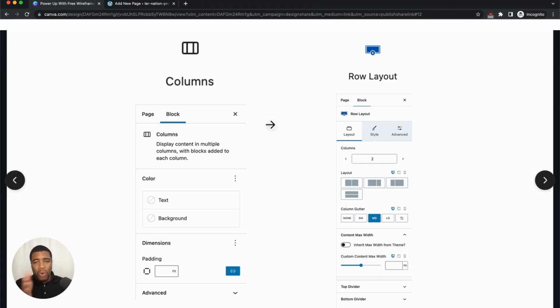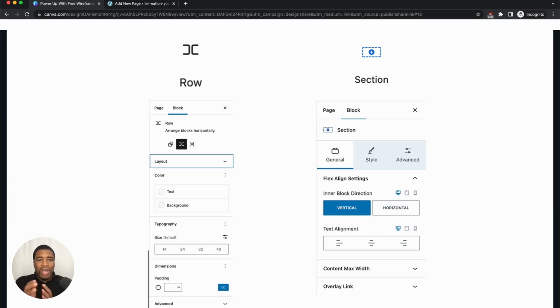and I'm going to go forward and I'm going to go backwards. Sometimes you got to take 2 steps forward to go backwards. Sometimes you got to take 5 steps backwards to go forward. Who knows? That's how life is. So columns are to rows as what rows are to sections. I know that probably confused you. Let me break it down for you. Let's go back here